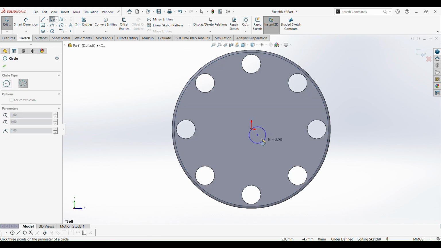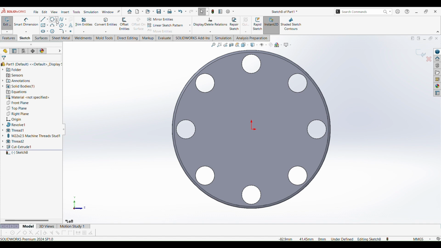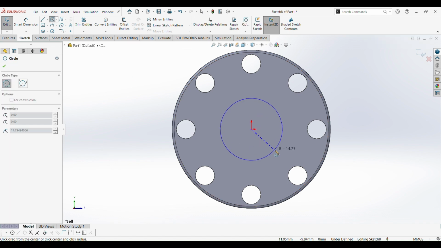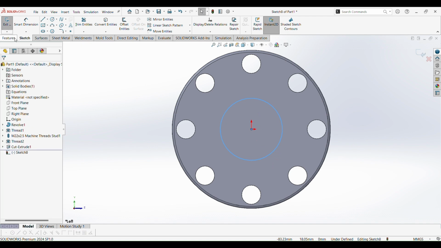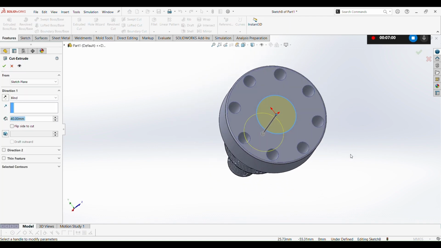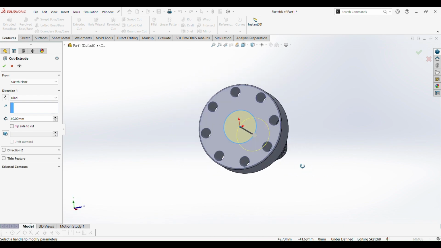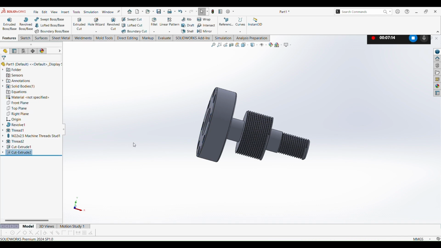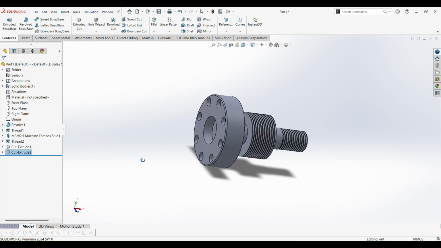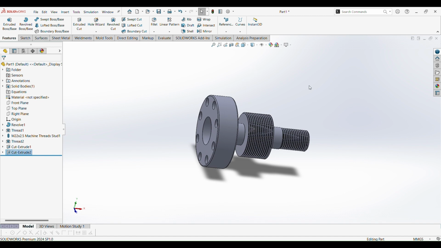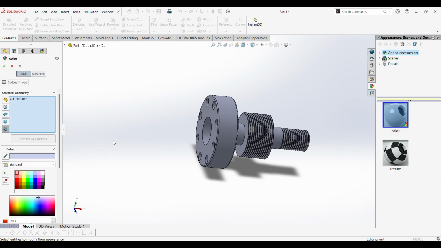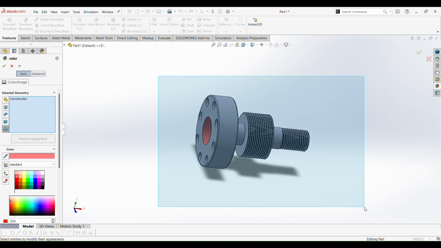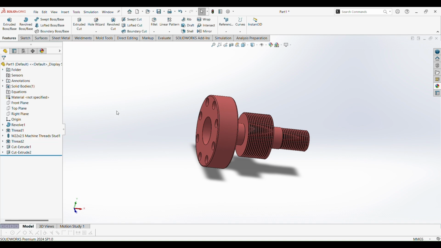Draw a circle. Select center circle and draw a center circle. Okay, go to feature, extrude cut. Add color. Okay,